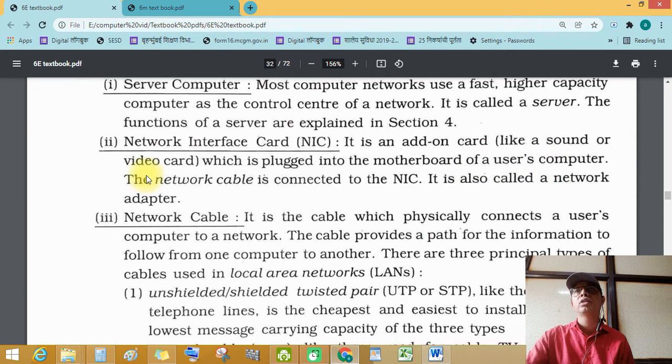Which computer? User's computer. The network cable is connected to the NIC, network interface card. It is also called network adapter.